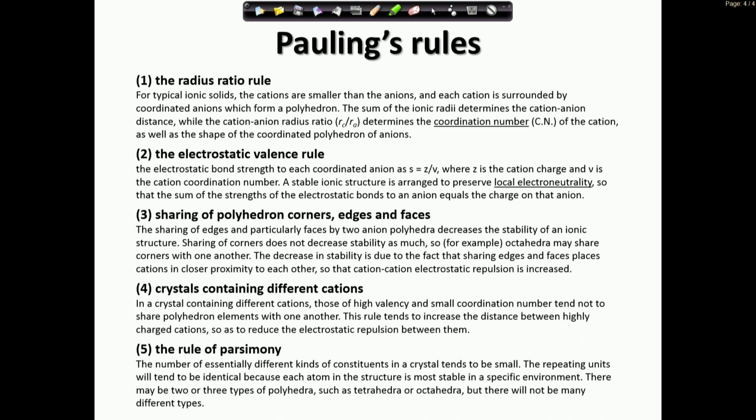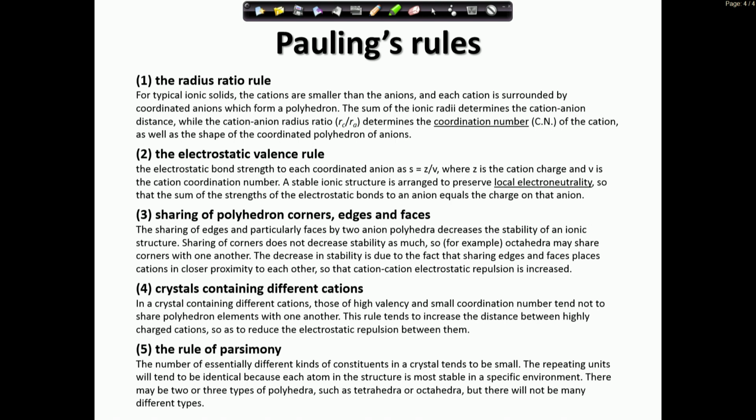So just going quickly through the rules, the first one actually tells you that the coordination of cations in an inorganic structure is determined by the cation-anion radius ratio. So the smaller the cation and larger the anion, the smaller the coordination number of the cation. And so with very small, highly charged cations, you usually have small coordination numbers, and you get coordination polyhedra like tetrahedron. Typically for sulfur 6+, you typically get an SO4 tetrahedron, while large cations like barium or lead may have a large